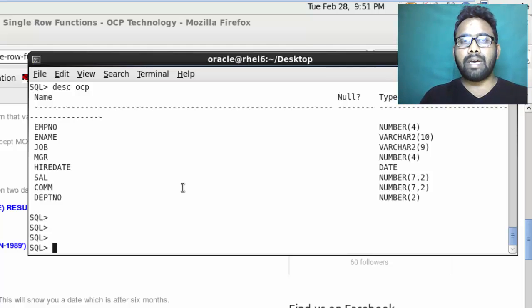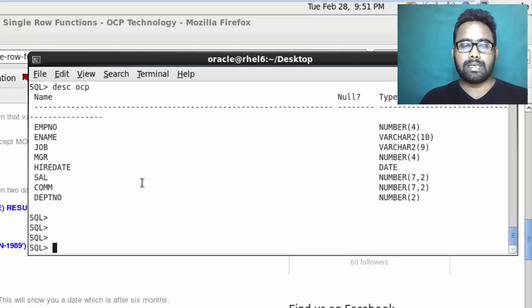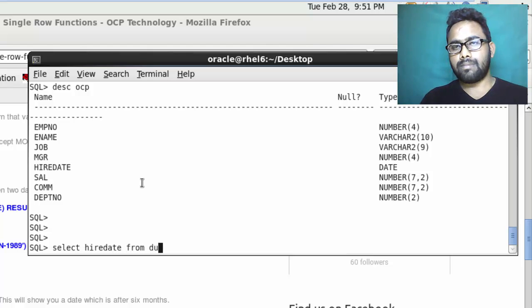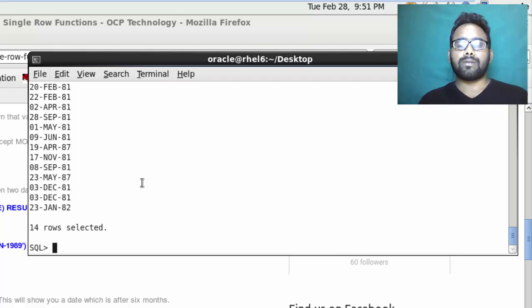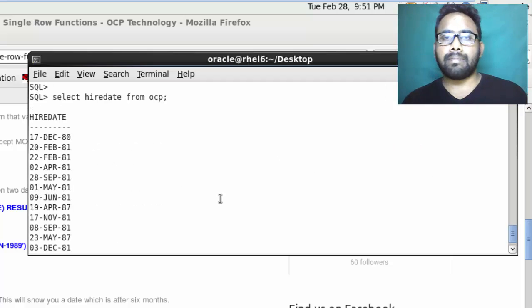We have a hire date column here, and we have sysdate, meaning the current date. Now I want to print the number of months between these two dates. So select hire date from OCP. You can see this is the hire date stored in our table.